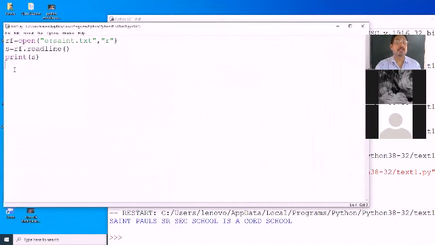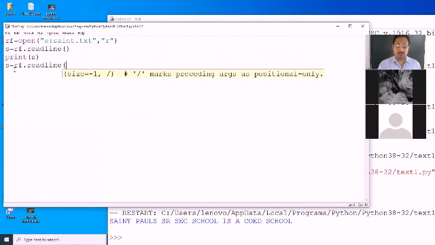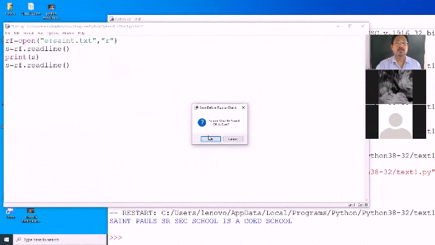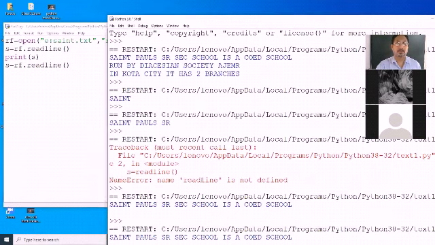Now if you want to read another line, again you write s is equals to rf.readline. I will give you another method using looping also, don't worry for that. So it will read another line. So see here the output.